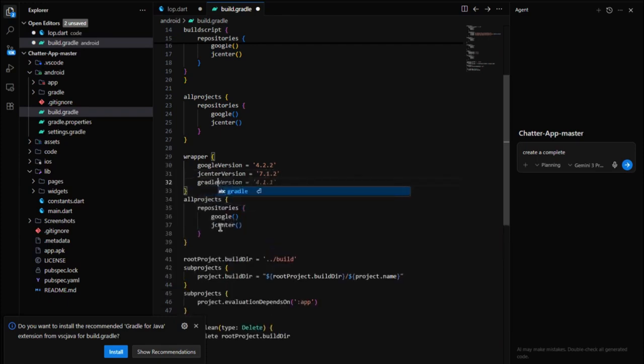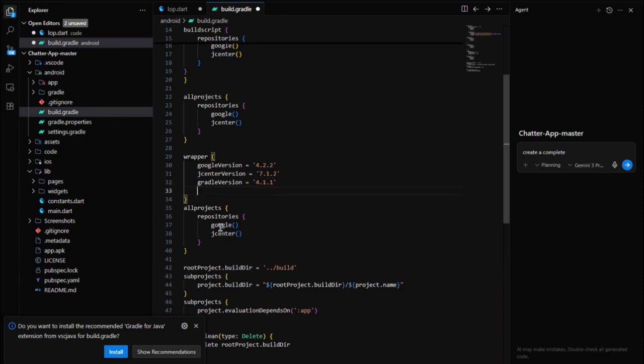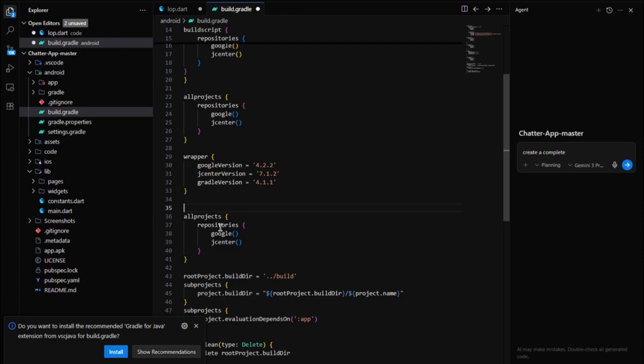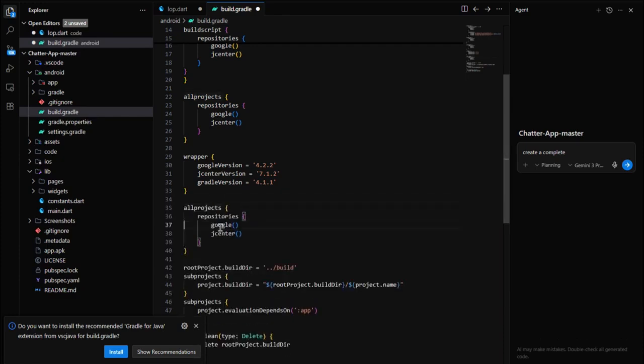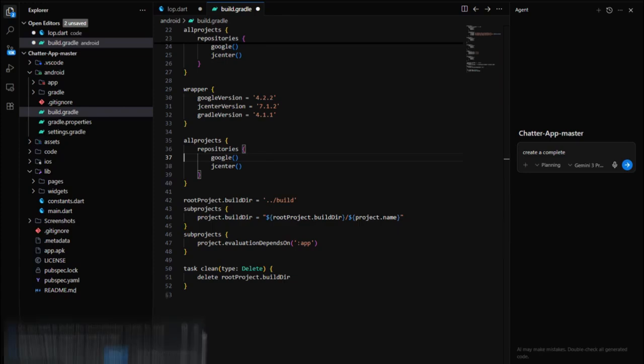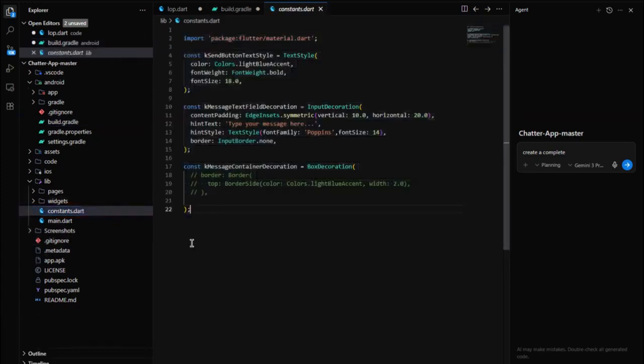And then define gradle version as well, in which write 4.1.1. Perfect. Now just press enter here, and now when your work is until here, you need to write allprojects, but we have already written this. So now perfect. Now when our work is done till here, we need to come to the constants.dart file,